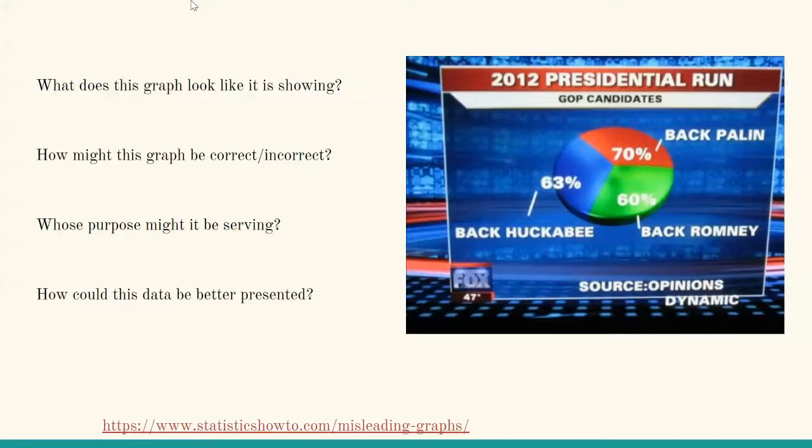How could this data be better presented? Well, it depends. It'd probably be really nice if we knew how this data was asked. Maybe people were just asked, which of the GOP candidates would you be willing to support if they ended up winning the primary? And you are allowed to select all. So maybe we need to see some type of bar graph that's just saying who would have support behind them. There's lots of different ways. Maybe if we did have a pie graph, we would need to make sure we were actually asking a question that would add up to 100%.